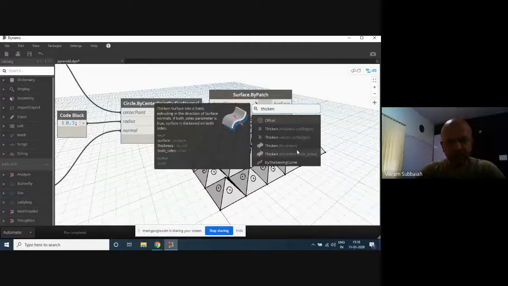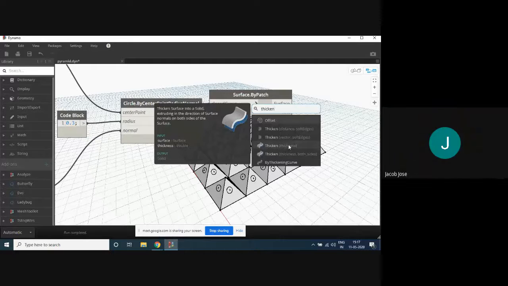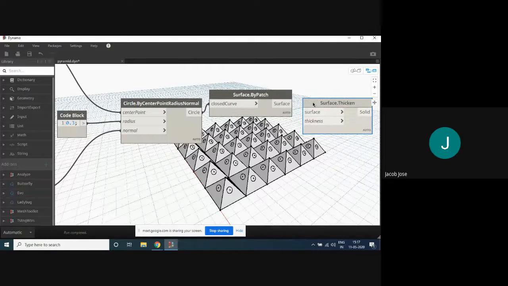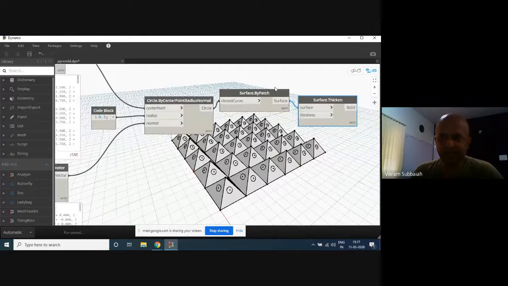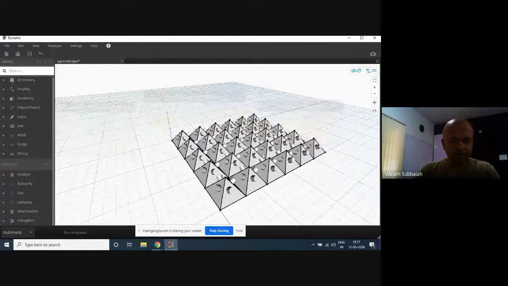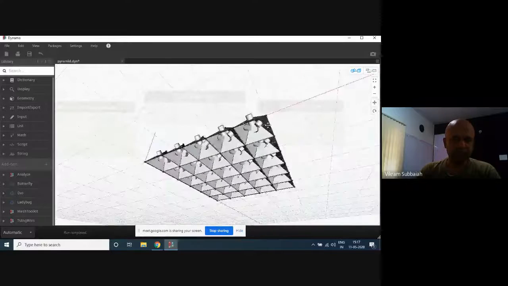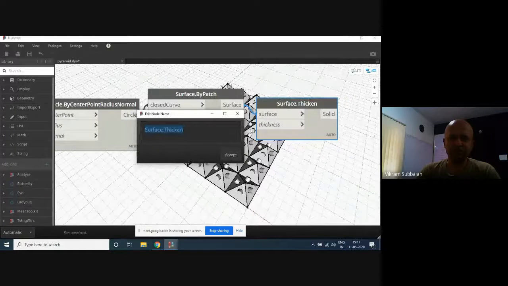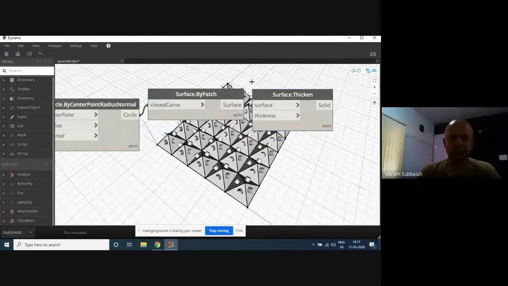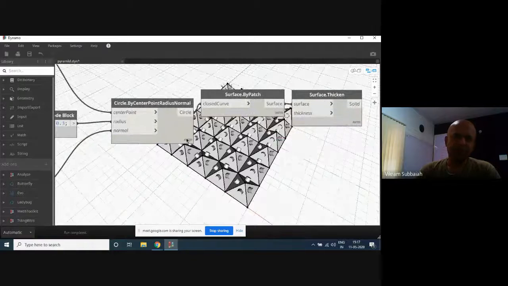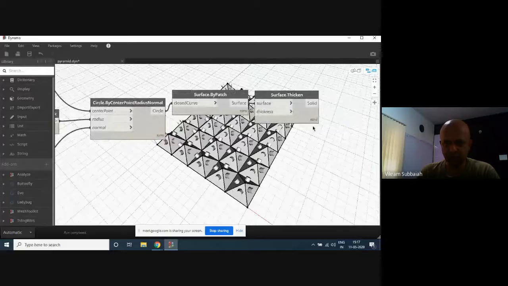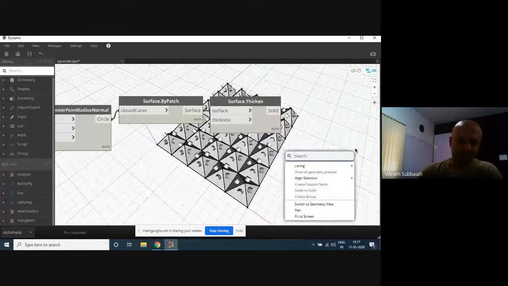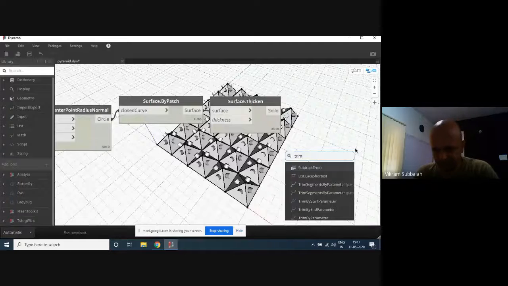This is a way of creating a solid without specifying the direction, and the thickness will automatically go for both sides. So I've created something that projects on both sides. Now, do we need to trim this surface from this? I'm not sure whether this is going to work the way I want it to, but let's see. Let's say there is something called trim.